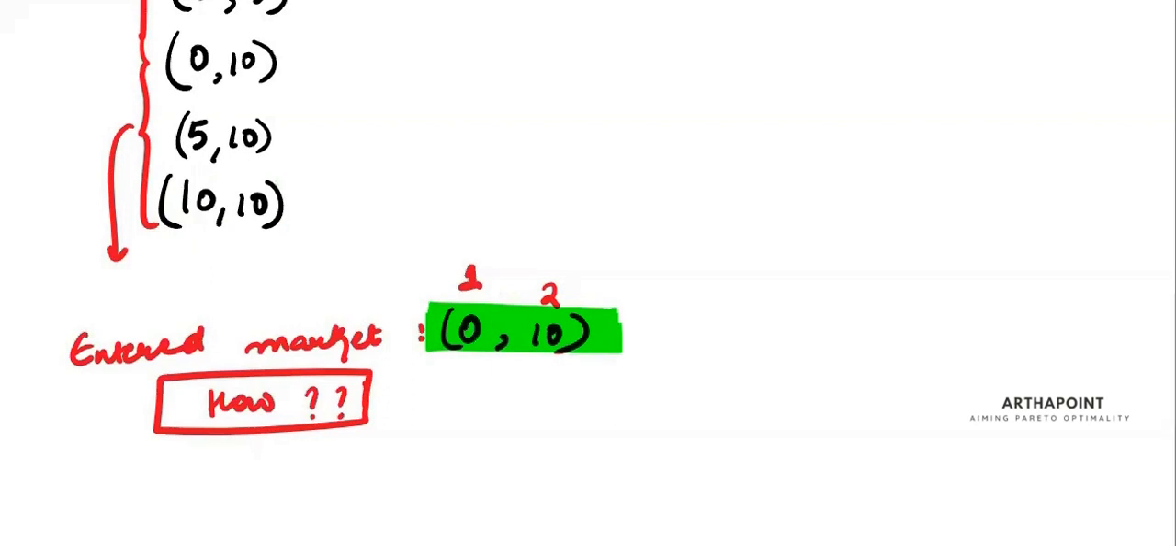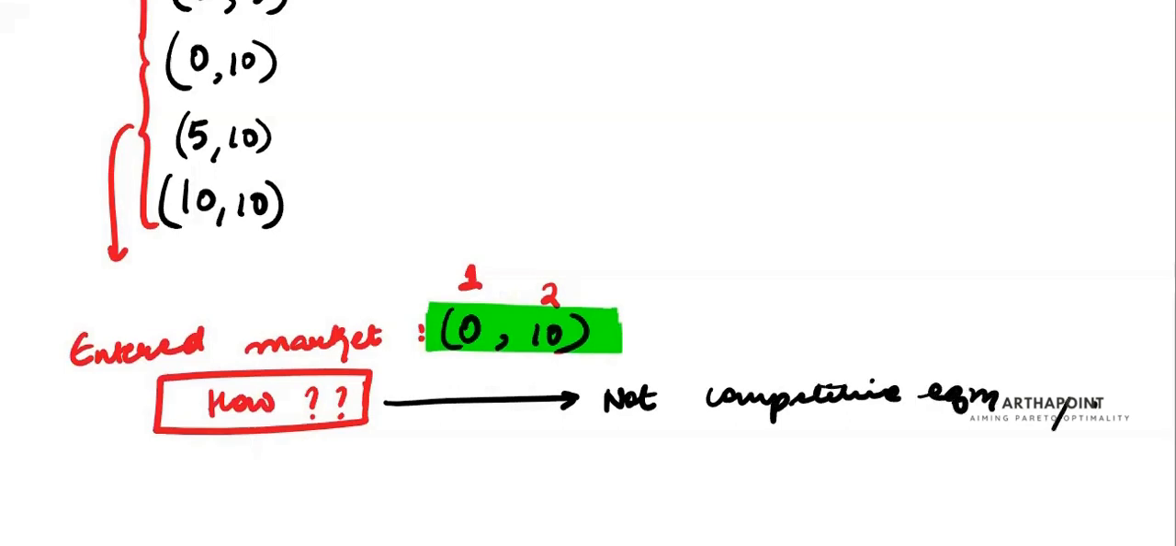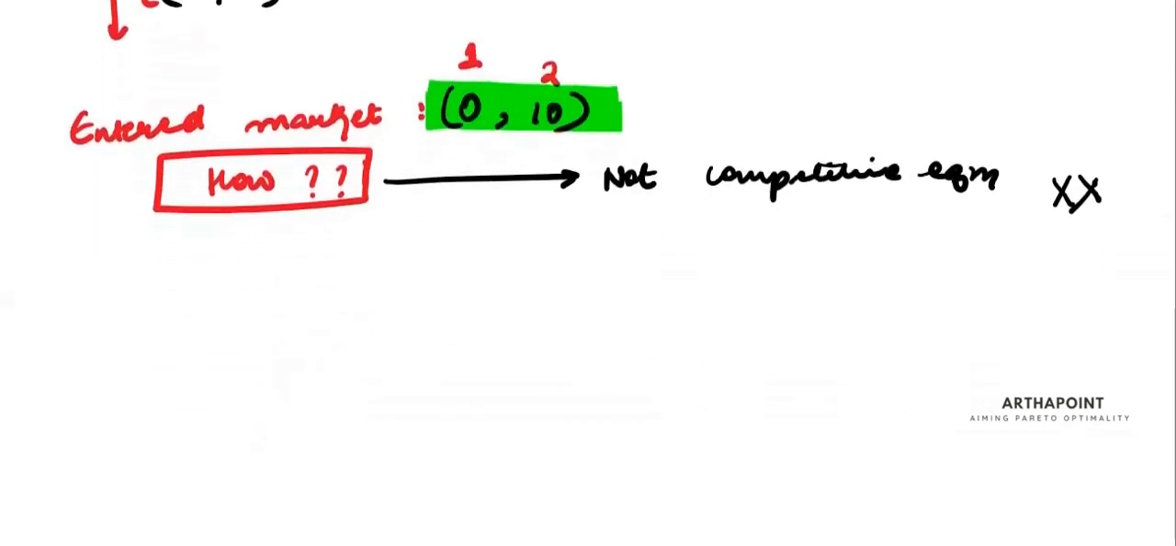The answer is that I am not yet bringing competitive equilibrium into picture. I am not bringing the concept of what is affordable. Affordability is not what I'm bringing into picture. I am just going ahead and talking about the efficient points. What does this mean now? This means that, look,